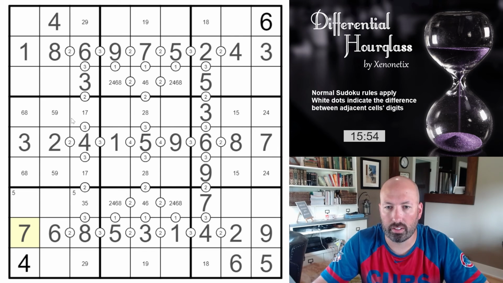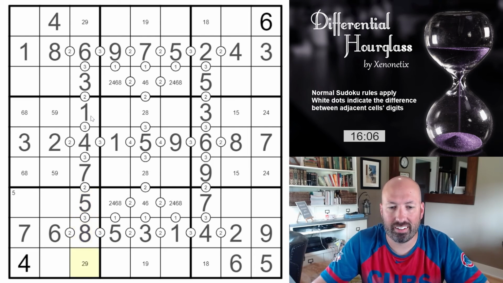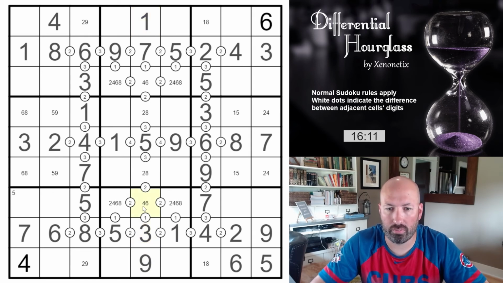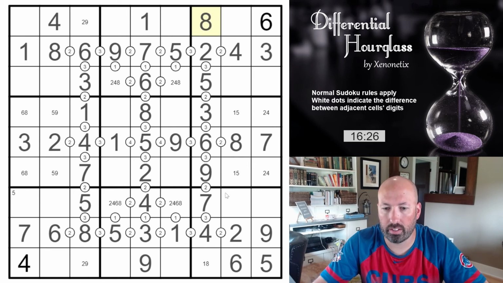This is going to give us everything, isn't it? This has to be 1 and 7 and 5. Let's see. The 1 there gives us the 9 and the 1. Oh, and we can fill up in this middle column too. So this is going to be 4, 2, 8, 6. Can't be 6 anymore. The 1 up here gives us the 8 and the 1, and the 9 gives us the 2 and the